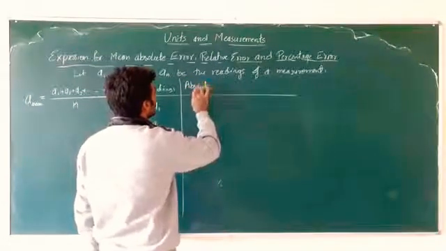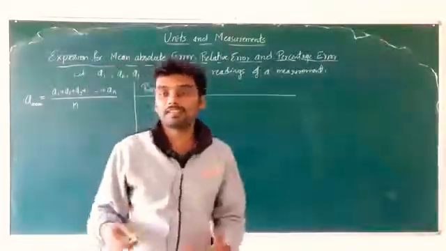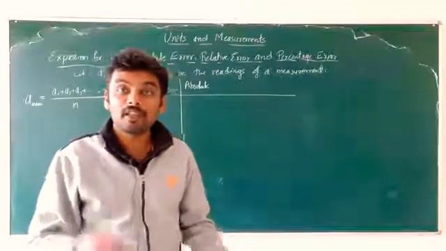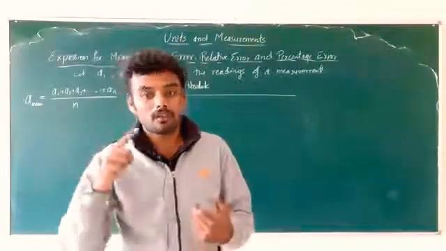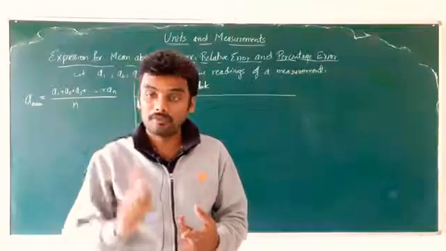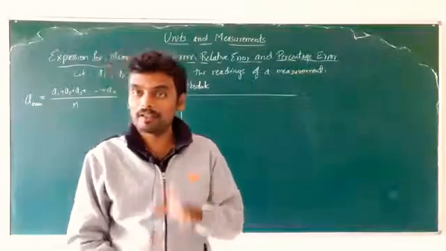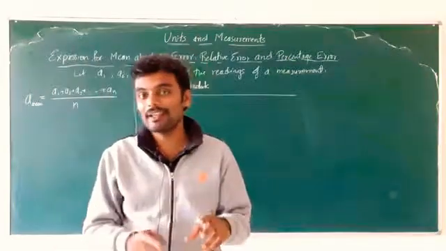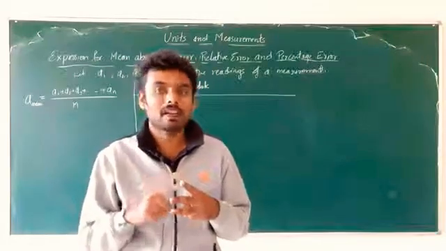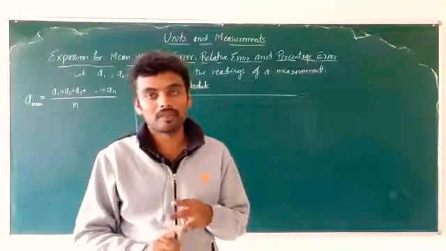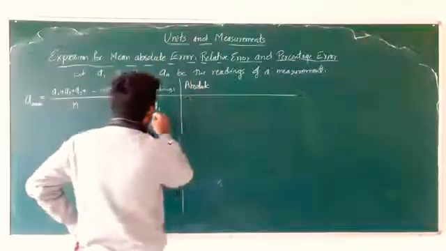So see, keep one thing in mind. From now onwards, if I ask what is the error in the measurement, you should ask me again, which error do you want, sir? Do you want the mean error? Do you want the absolute error or the relative error or the percentage error? Okay, that's how you should think. So whenever I say error, there are only three types of error which you should give me as the answer, either absolute or relative or percentage.